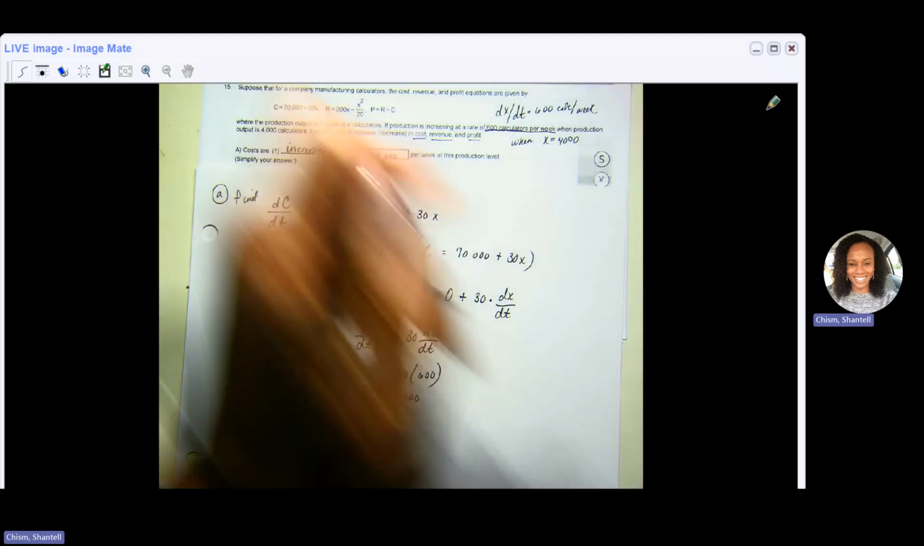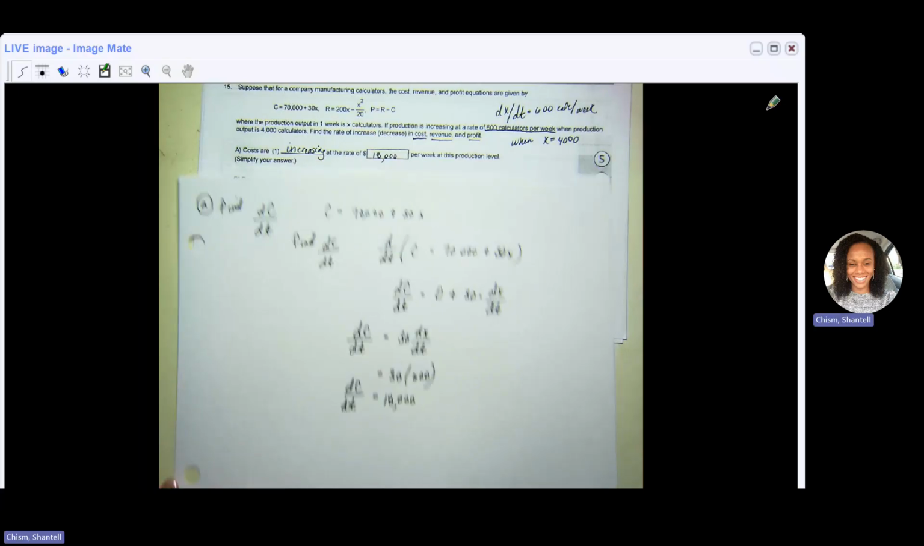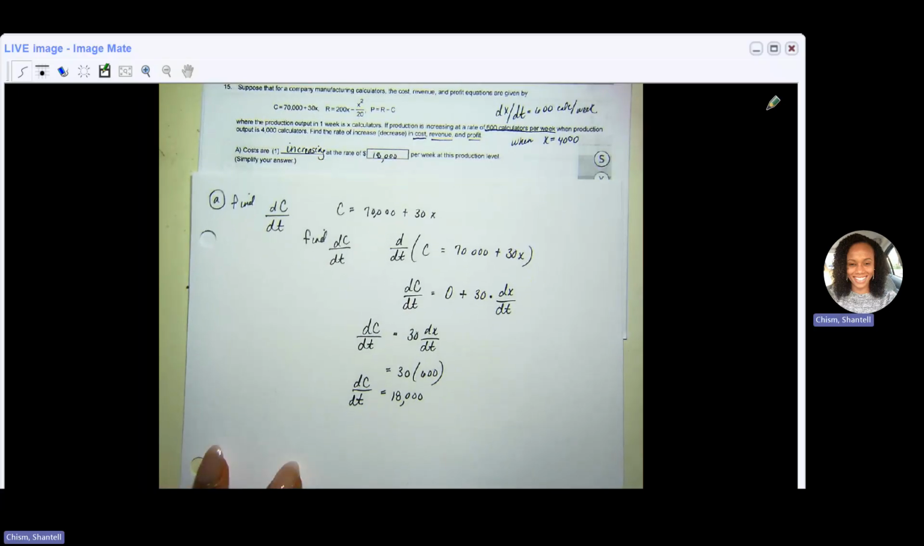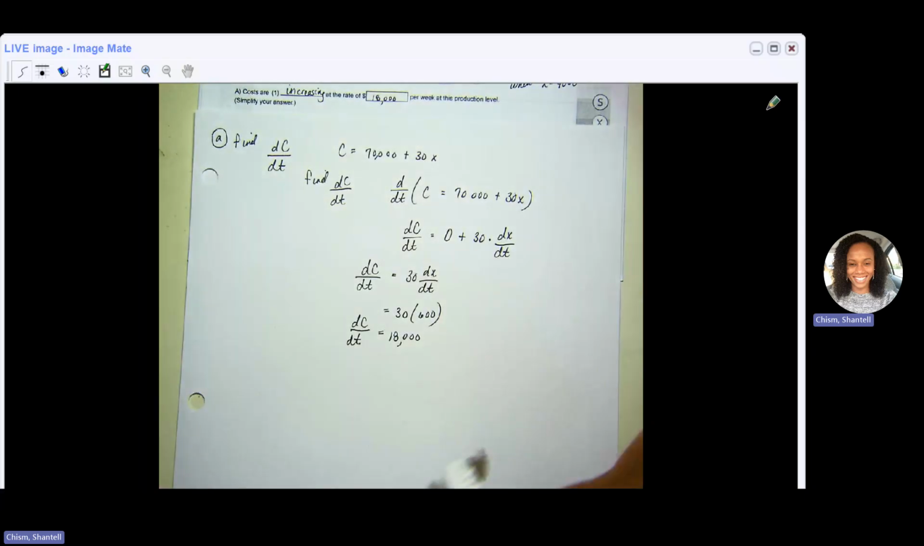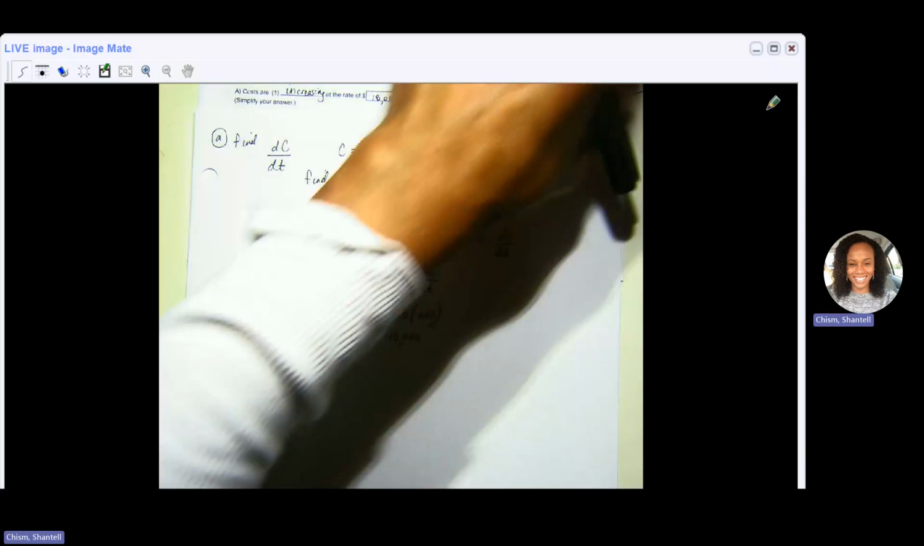Okay? So as production increases, costs increase, which should make sense. Okay? Let's see what else we have. Moving on to part B here. So part B says revenue. So we're looking for the rate of change of the revenue function here, okay? So that would be